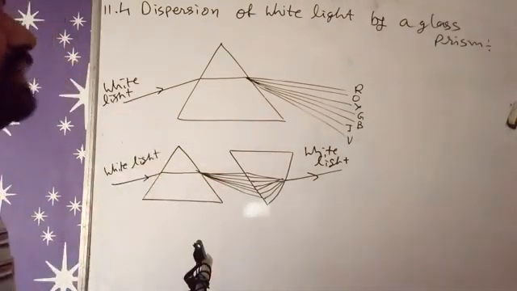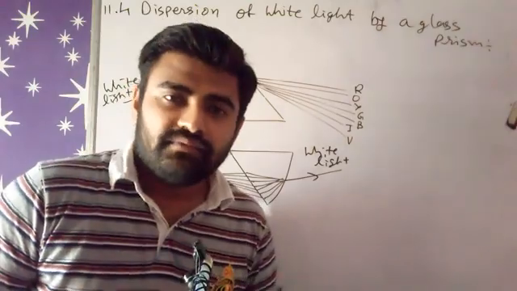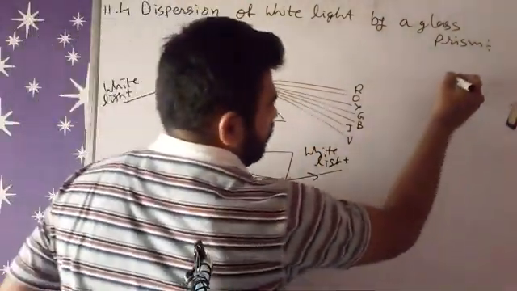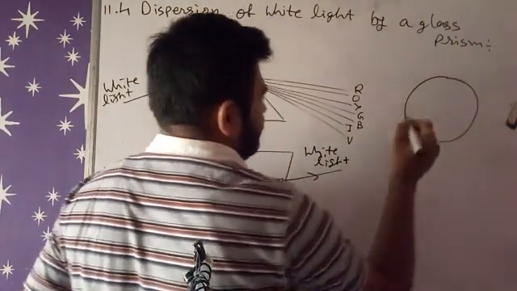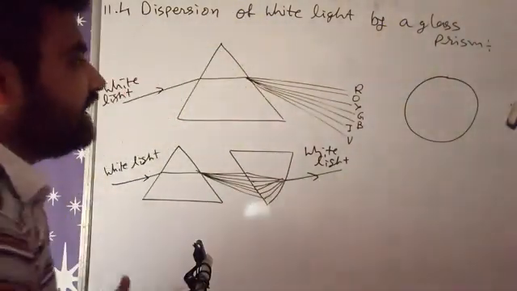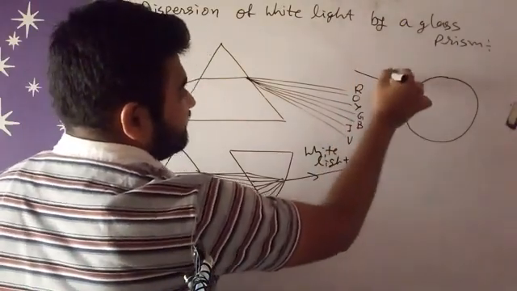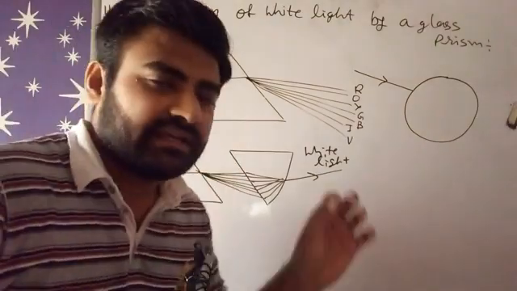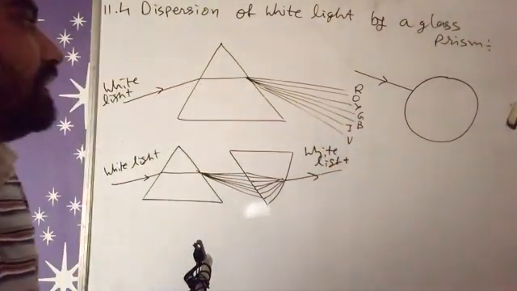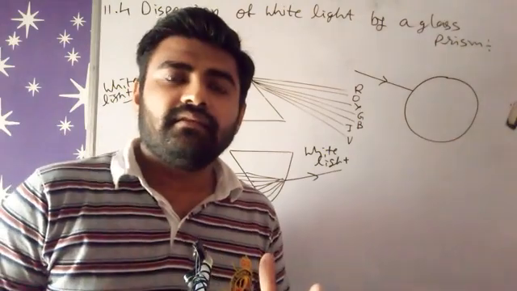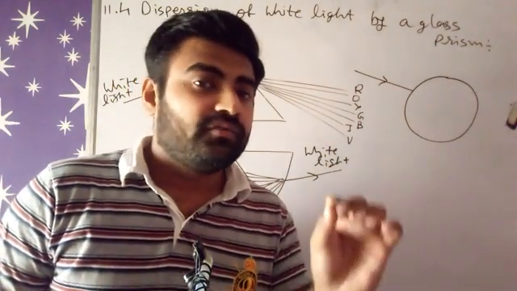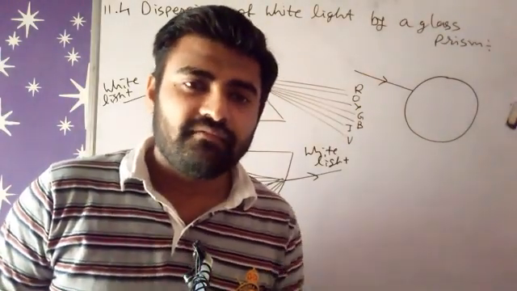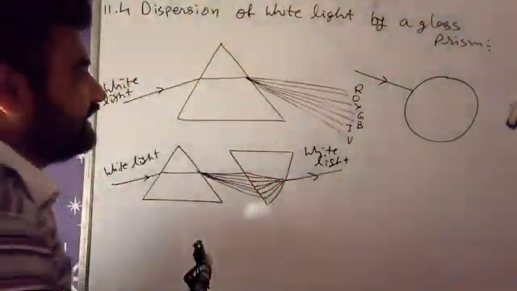Now the third example is the rainbow. Many times in the monsoon season we can see a rainbow. Why can we see a rainbow? Because of water molecules. Water molecules are transparent. Our sun rays are nothing but one type of white light. We see sunlight as orange, but actually it is white light. So the question is how we see that orange color. Because of the wavelength, only that wavelength reaches us here. So that's why we see only orange light, but it is actually white light.